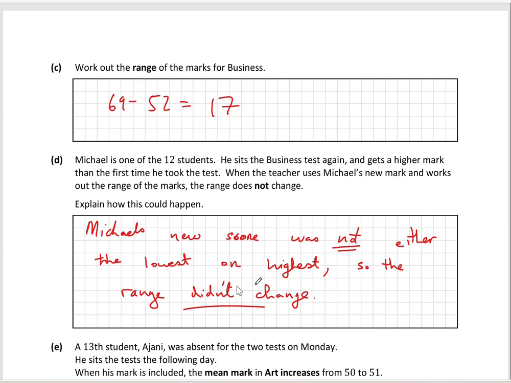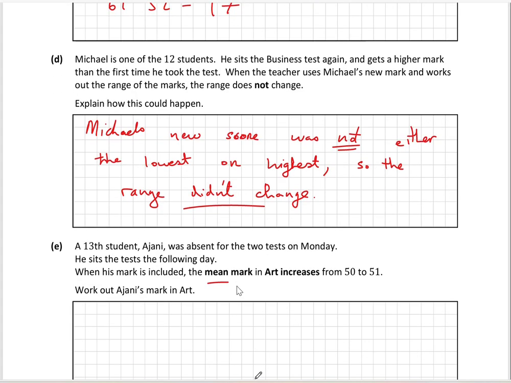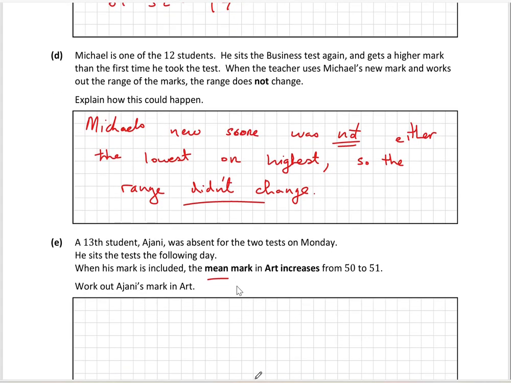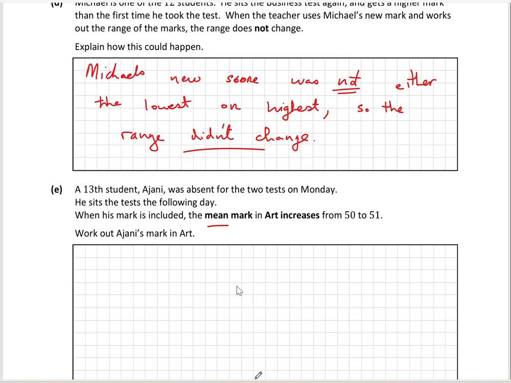Next part, a 13th student was absent for the two tests on Monday. He sits the test the following day. When his mark is included, the mean mark increases from 50 to 51. So we've already calculated that was 50. Okay. So he's now a 13th student. Okay. So the previous one was